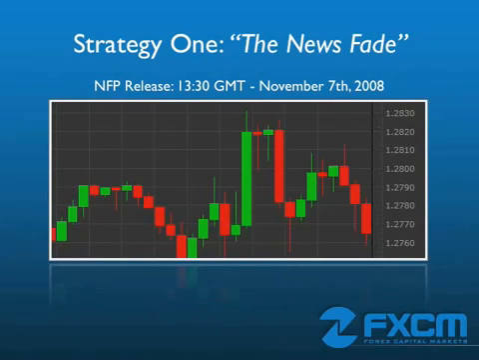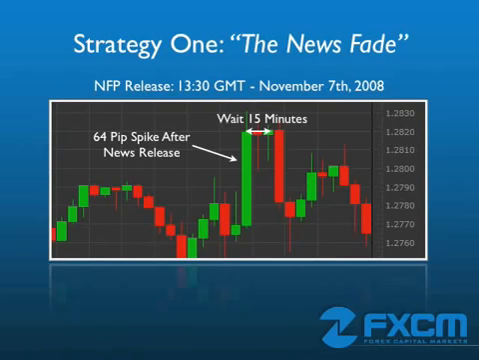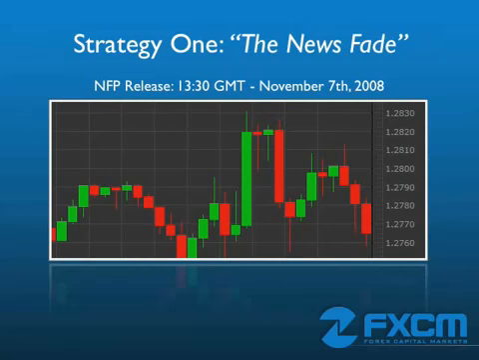After looking at the global economic calendar, I can see that NFP comes out at 13:30 GMT on November the 7th. If we pull up a euro-dollar chart for that time, we can see that the euro-dollar spiked up about 64 pips after that release. If we had implemented our strategy by waiting 15 minutes and then selling here around a price of 1.2820, sure enough, the price reverted back to the mean, and we could have closed out our trade around 1.2780